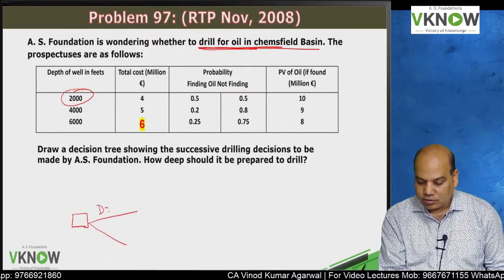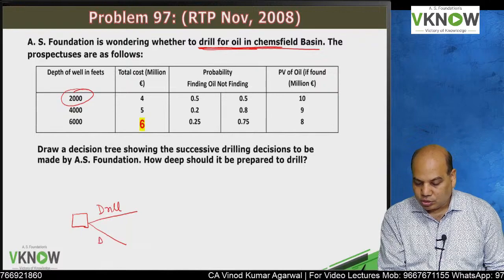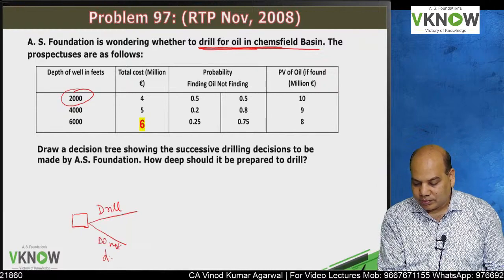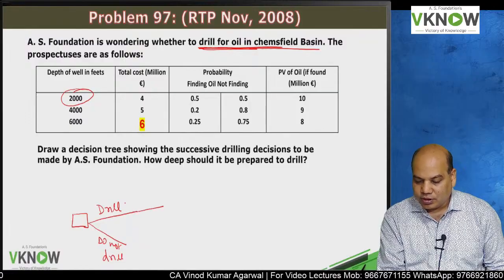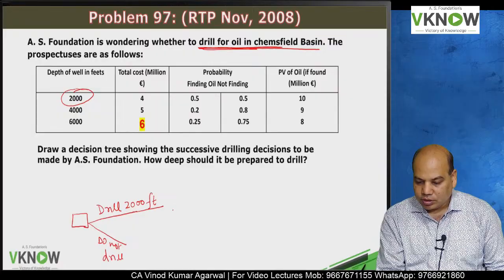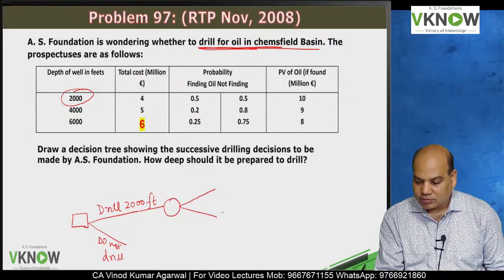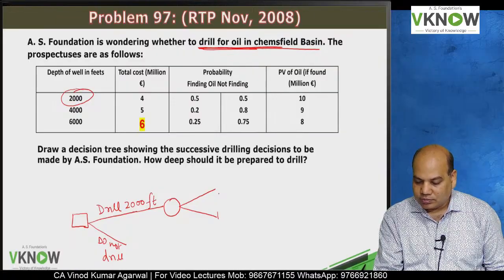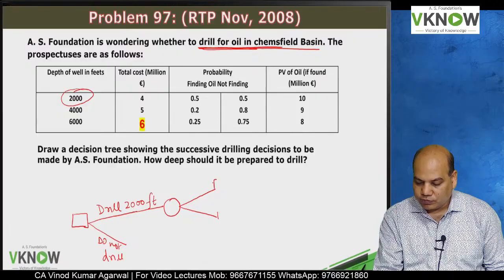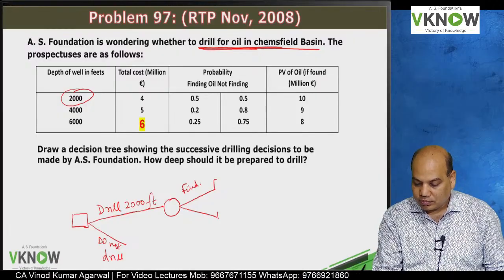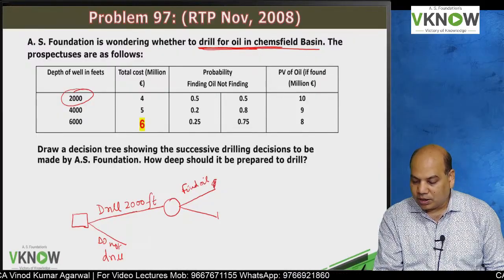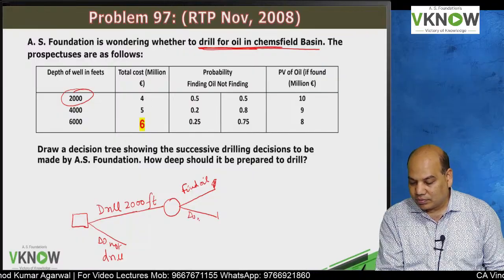Decision is to drill or do not drill. First we will drill 2000 feet. If we drill 2000 feet, there are two possibilities. One is you will find oil. Suppose you find oil, matter closes there. If you do not find oil,